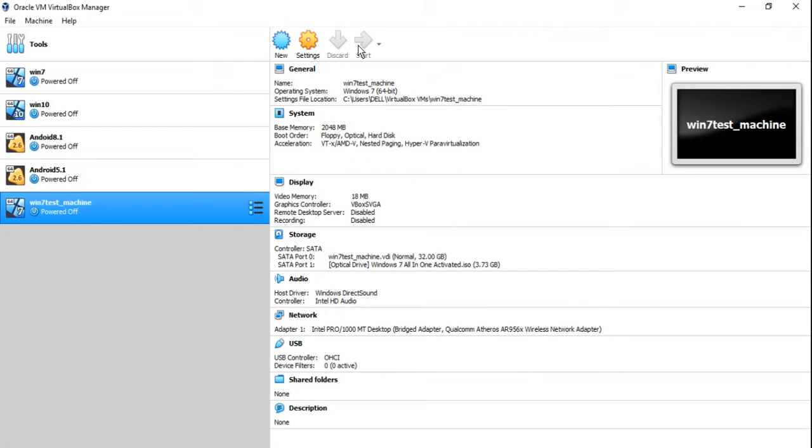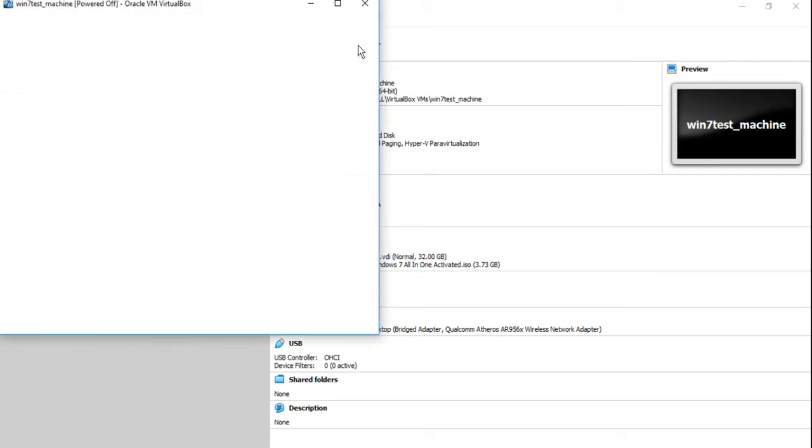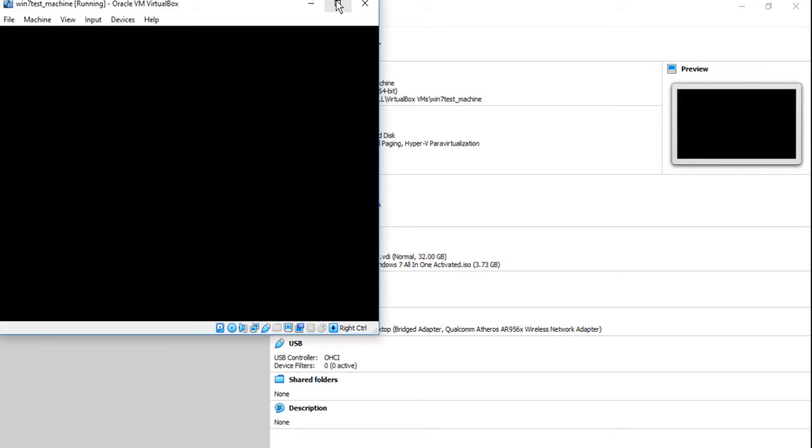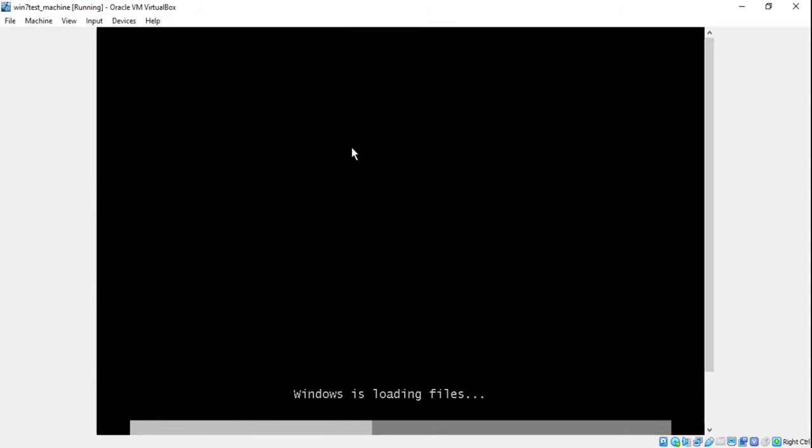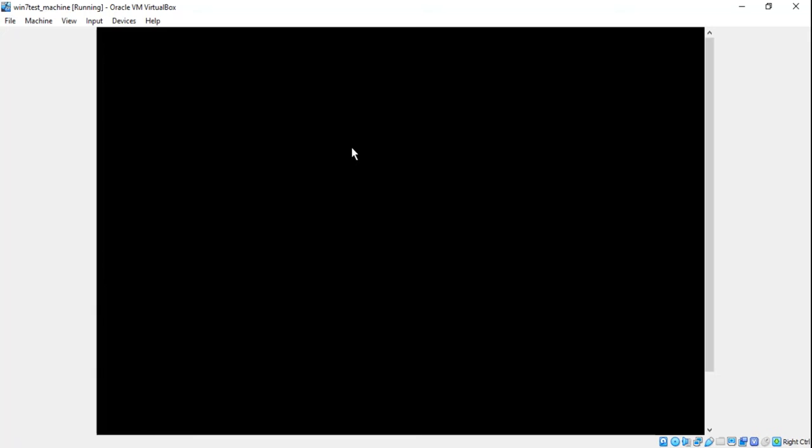Now it's processing. Now it says Windows is loading files. See, the whole process will take around 15 to 20 minutes.